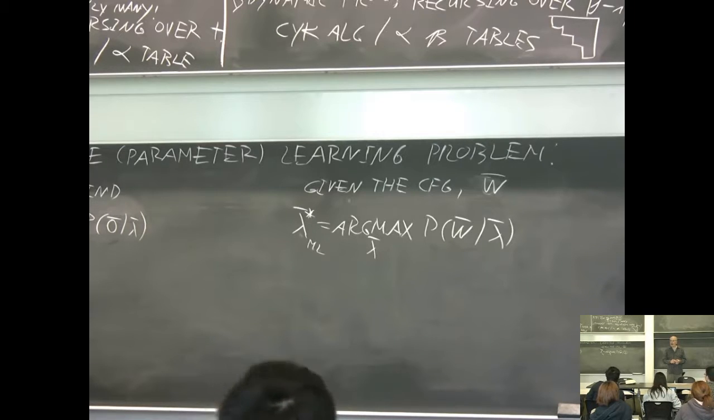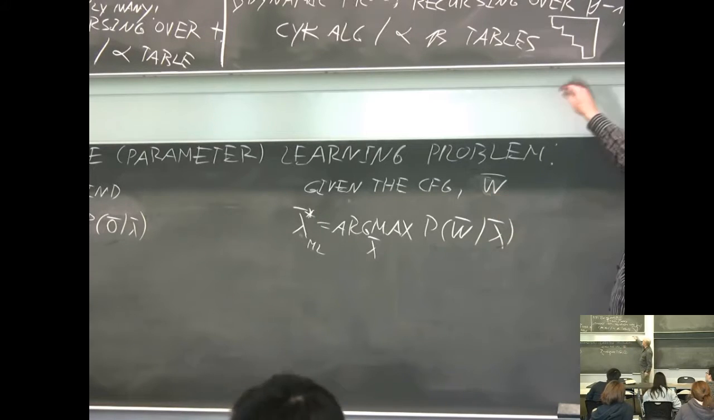I'm sorry? It is bounded. Why? Because the maximum value will be 1. It's a product of probabilities, and each probability is between 0 and 1. This is certainly true here, because the